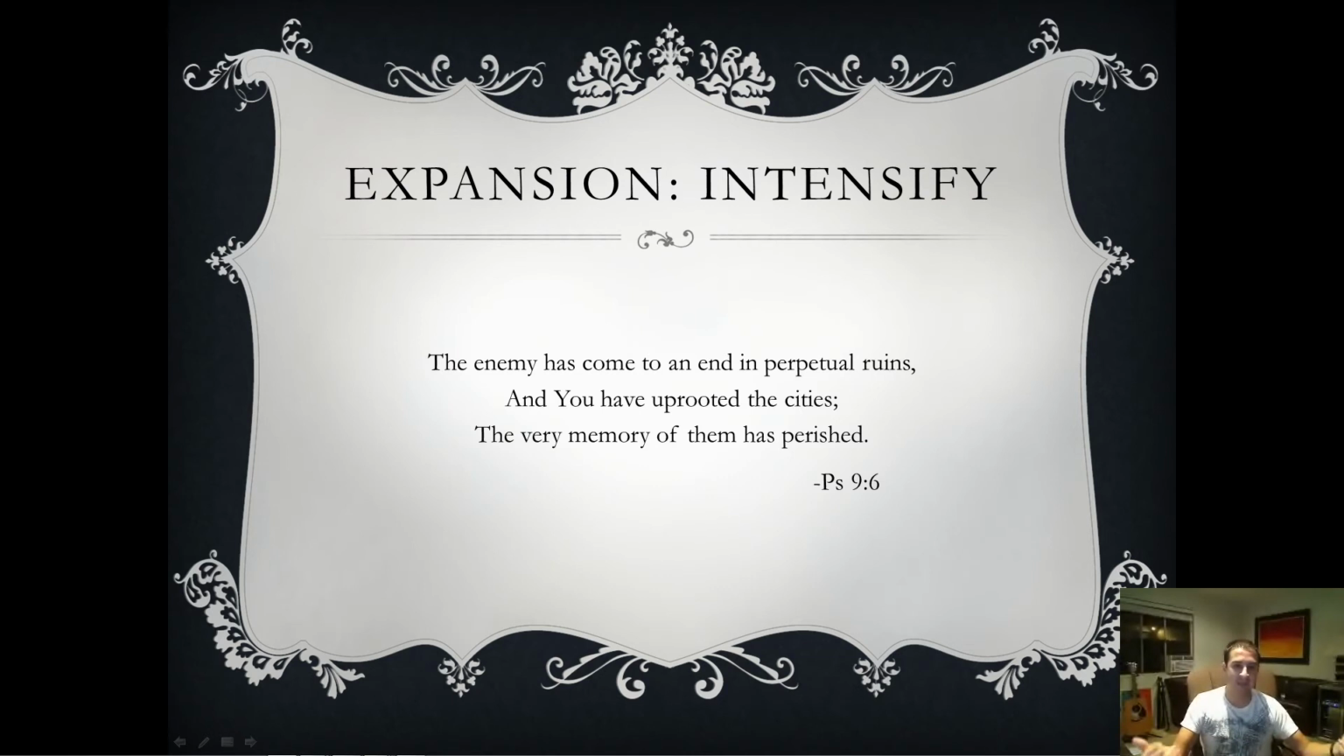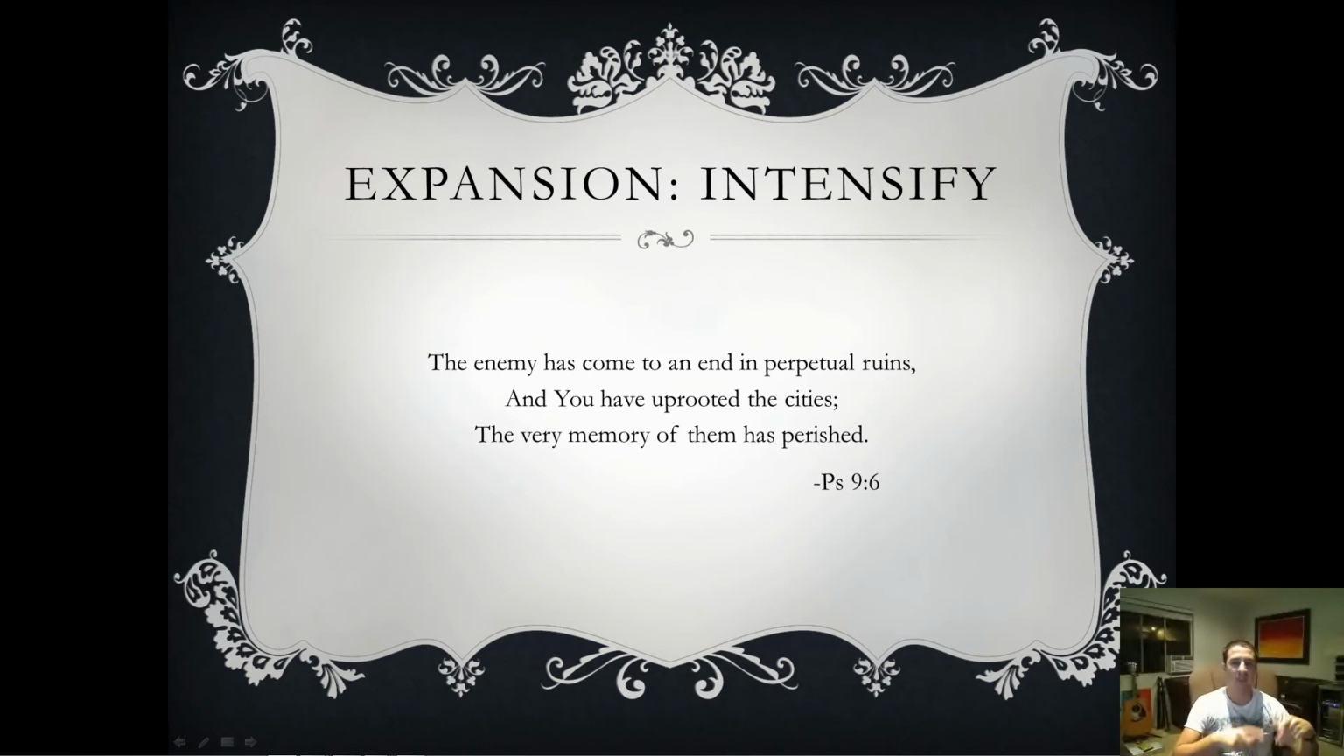The next line is, "And you have uprooted the cities." So it goes from just being perpetually ruined to the cities being completely uprooted or pulled out. And it intensifies even more, where the very memory of them has perished. So it's this intensifying idea as the lines progress. Again, you don't see these a ton, but it's good when you're reading to keep an eye out for these